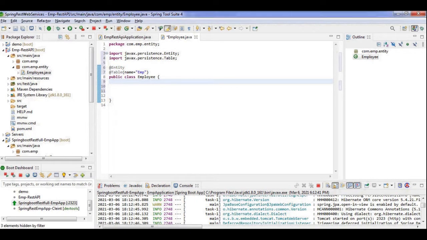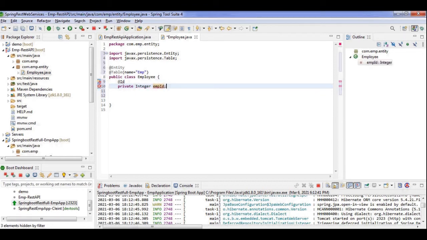Okay, now I'm going to create my properties. First I will create the ID property. So this is my employee ID. Then the other properties I'm going to create quickly.